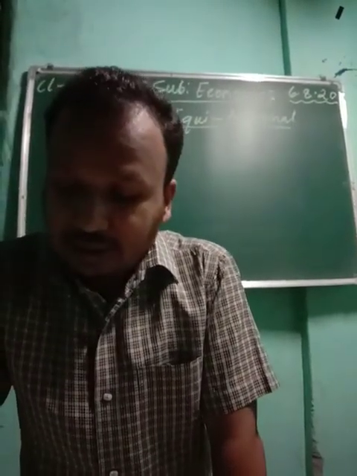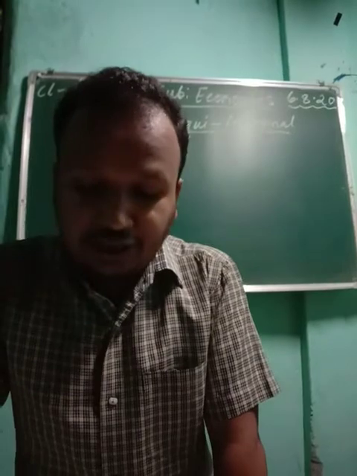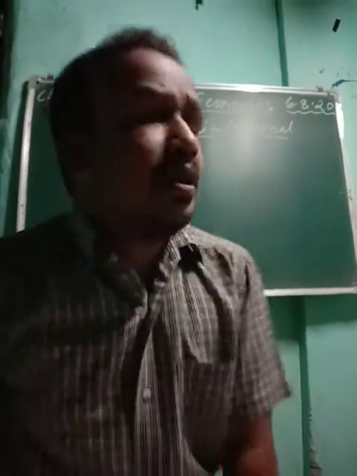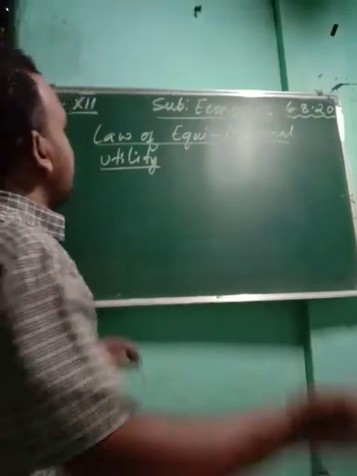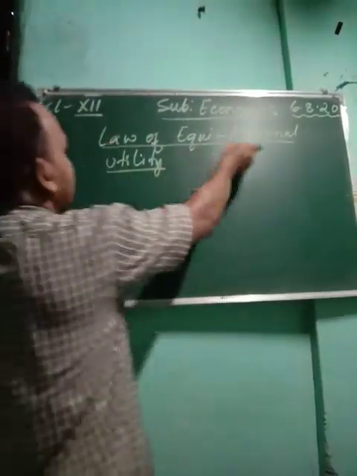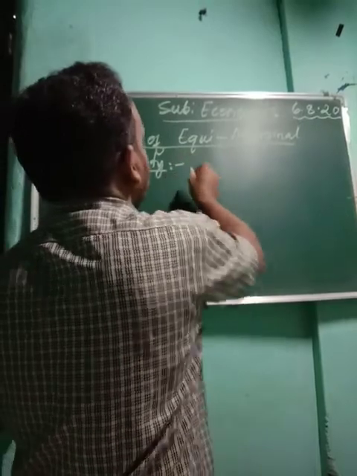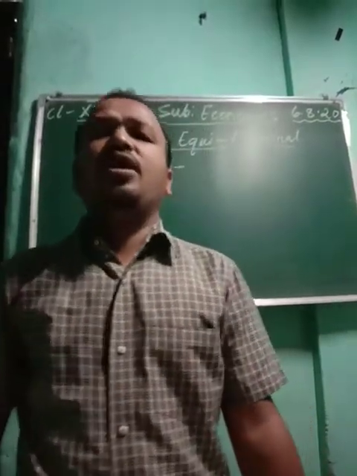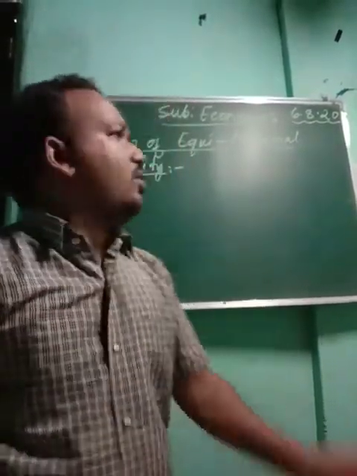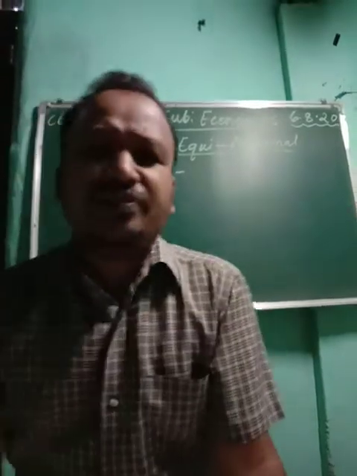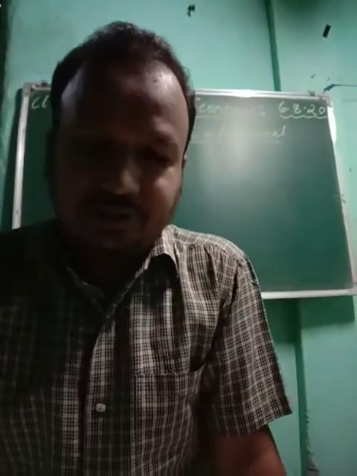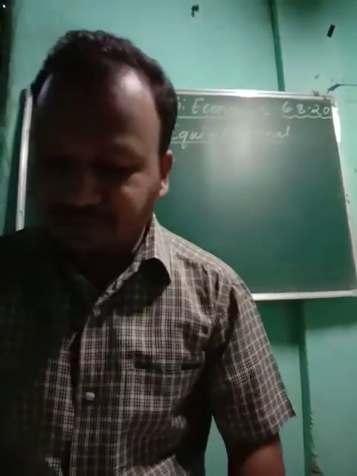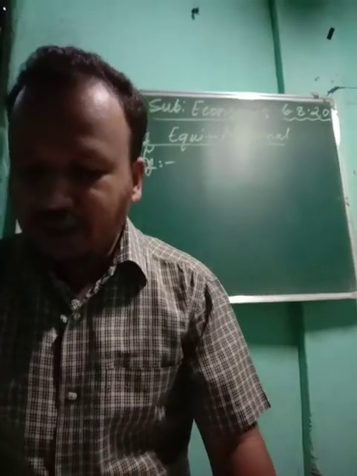And so we are continuing with chapter 4. Now you see, last time we have done single commodity case. So we are going to do law of equimarginal utility, which is your double commodity case. So we have to do it as it is in our syllabus. Last year in 2020 on this topic there was a question. So let's begin. What is law of equimarginal utility?